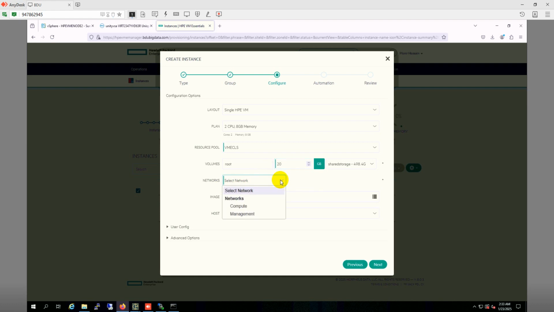For network, I will select the management network, though my management and compute are on the same network. And for image, I have the Ubuntu image here, which I already made before this step. And for host, I will select node 1,